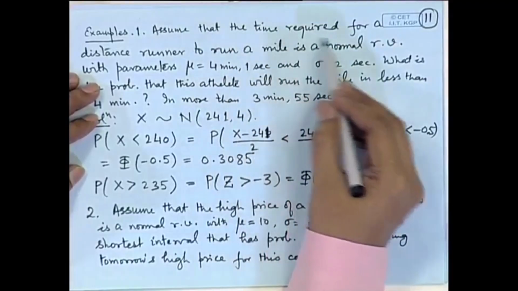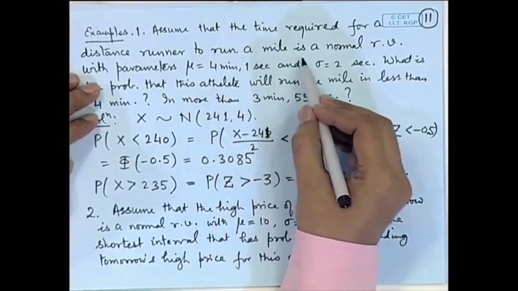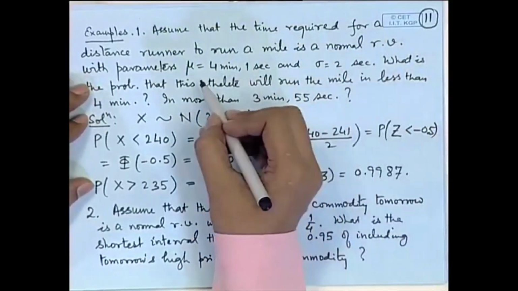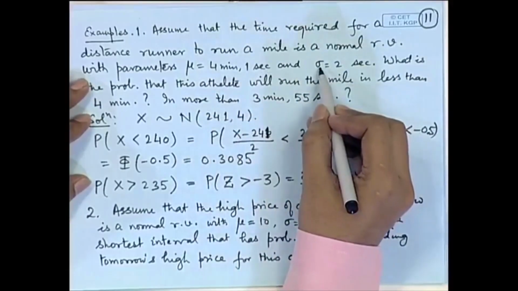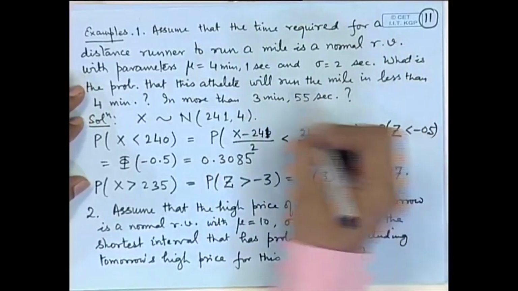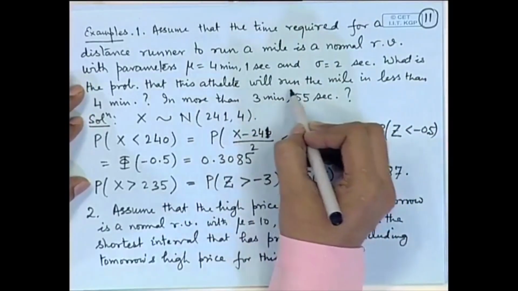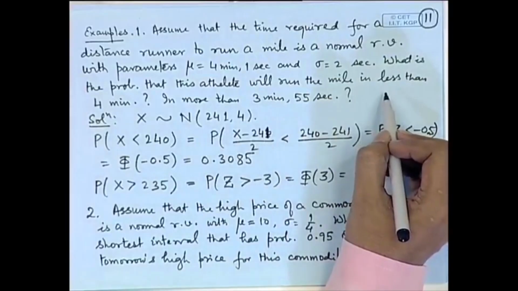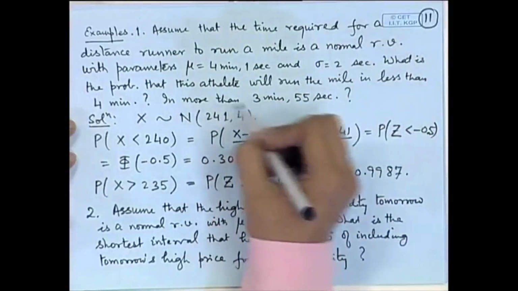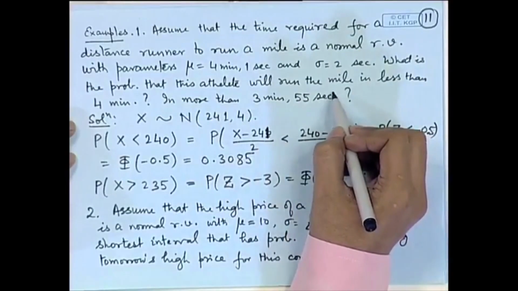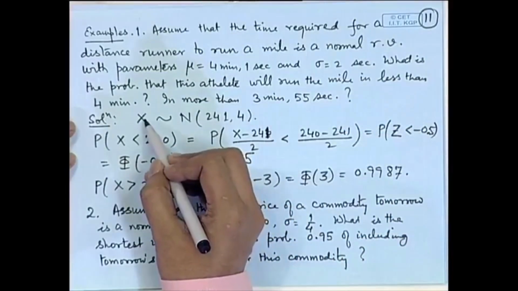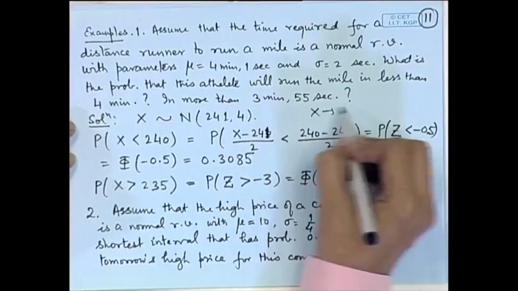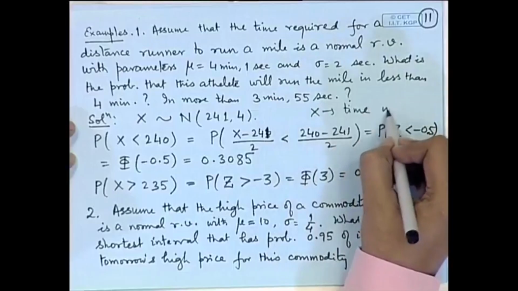So, suppose that the time required for a distance runner to run a mile is a normal random variable with parameters mu is equal to 4 minutes 1 second and standard deviation 2 seconds. What is the probability that this athlete will run the mile in less than 4 minutes or in more than 3 minutes 55 seconds? If we consider x as the time required, measured in seconds,